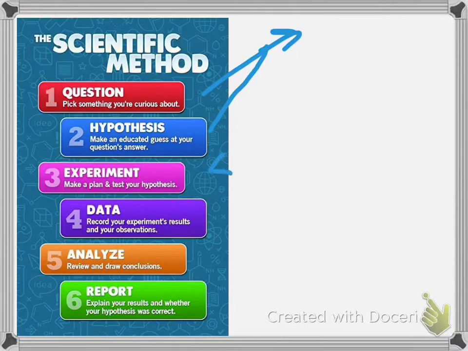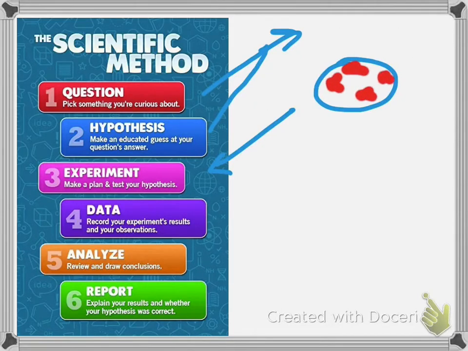This is a way of testing your hypothesis, and your experiment should have two types. It should consist of having the experiment itself, which will be something that is changed, and you should have a control, something that would be unchanged. So, for example, we like to do an experiment called magic milk at our house, where we take a little bowl of milk and we put food coloring in different sections on the milk, right? And then we use soap on a Q-tip in the center to break protein bonds and stir the colored dye